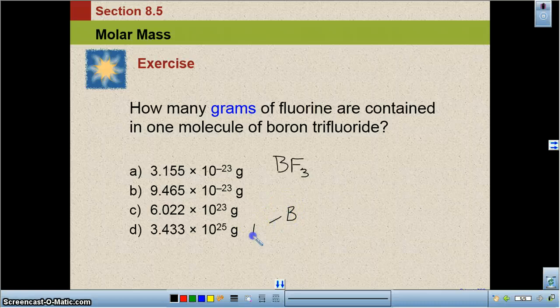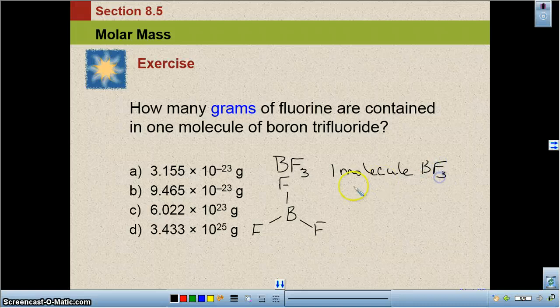So if we're going to look at it like this, it really kind of has this planar shape to it, and this is what we're looking at. So for every 1 boron, we have 3 fluorine atoms or ions connected to it. So 1 molecule of boron trifluoride has 3 atoms